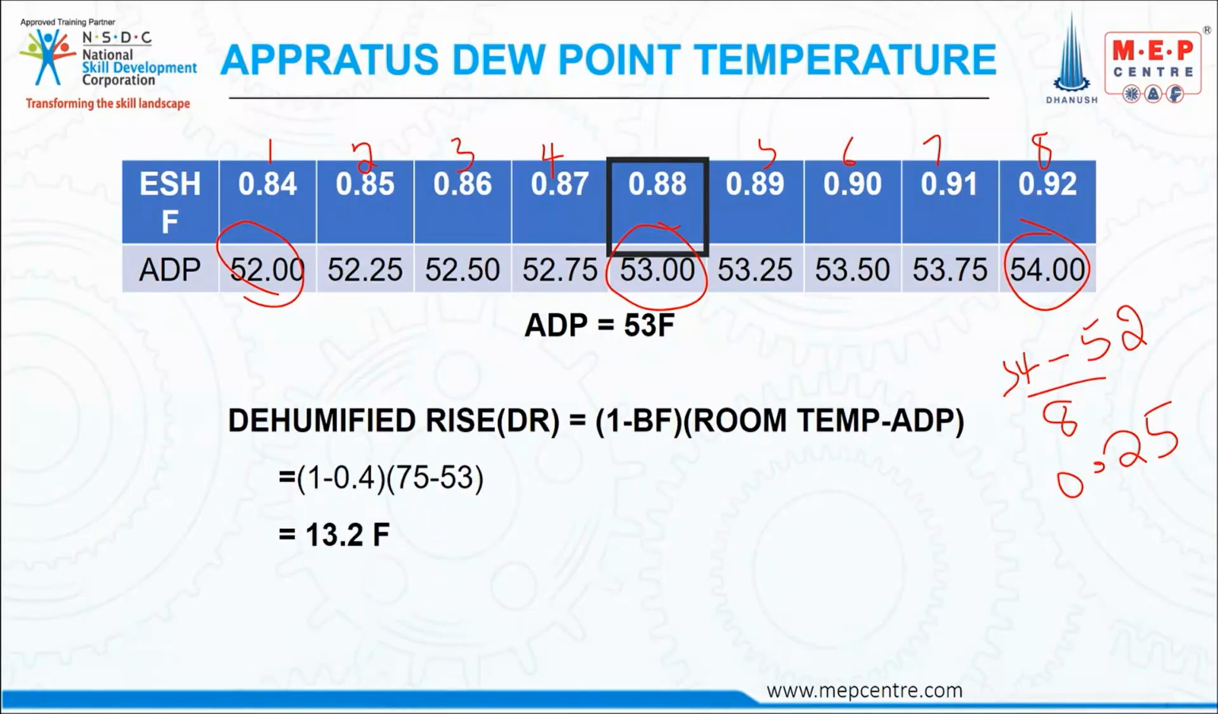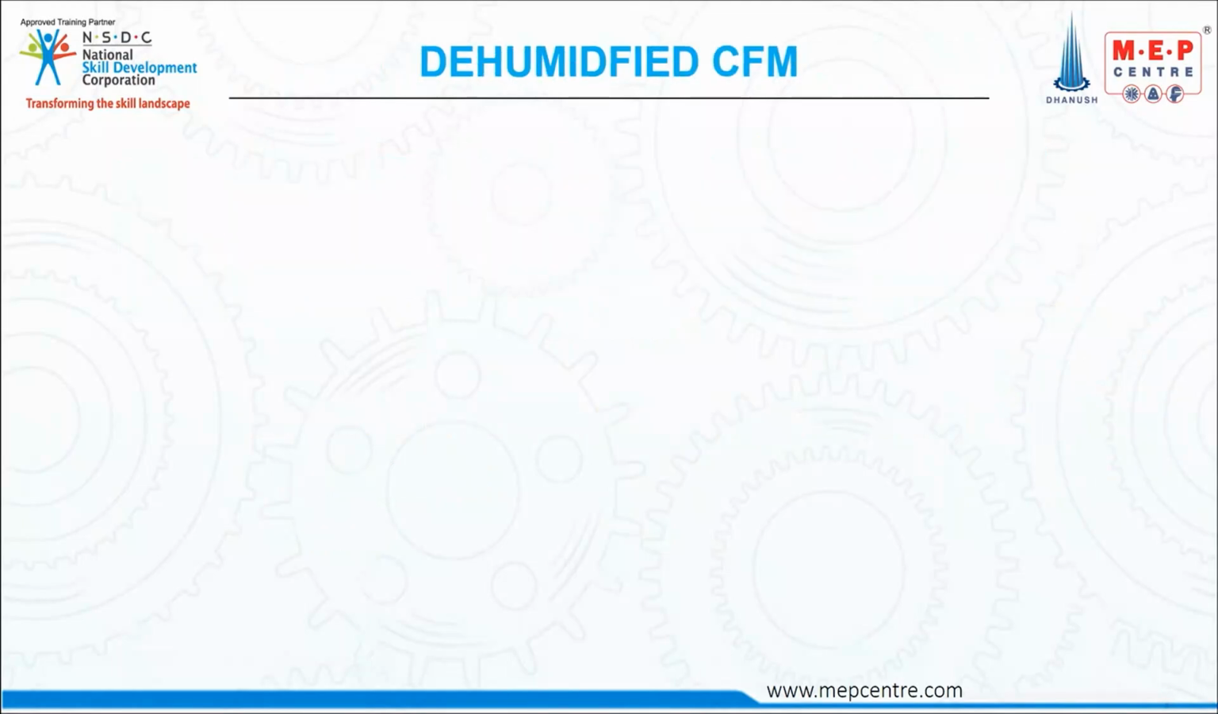Now dehumidified rise DR is nothing but 1 minus bypass factor into room temperature minus ADP. So 1 minus 0.4 bypass factor into room temperature, we have to maintain 75 degrees, minus 53, which is 13.2 degree Fahrenheit. Therefore dehumidified CFM equals